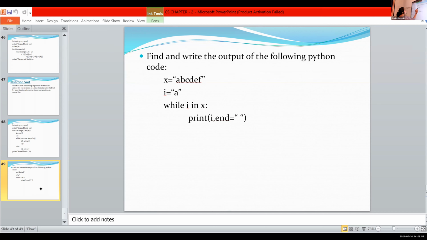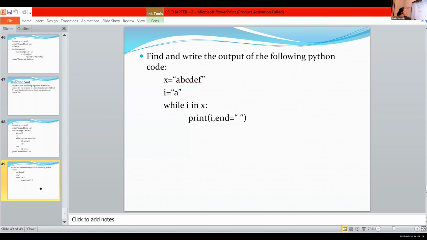That is X is equal to A, B, C, D, E, F. I is equal to A. The value of I is A. After that, we are not giving any incrementation, so the value of I is always A. A in X: A is present in X. Yes, A is present in X. Always this statement will be true, because the value of I is always A. So first it will check A is present in X. It is correct, so it will print I. What is I?